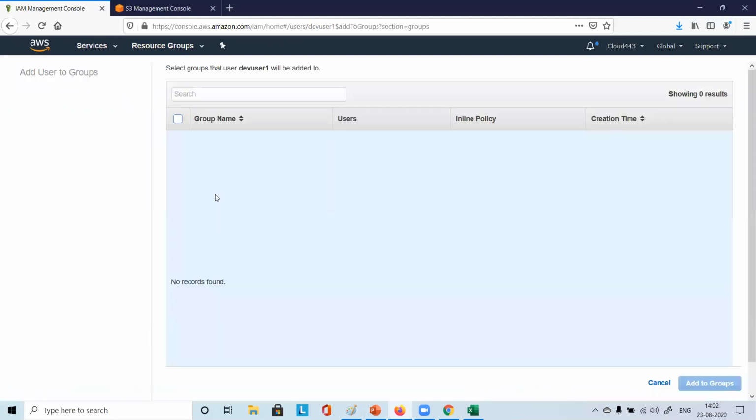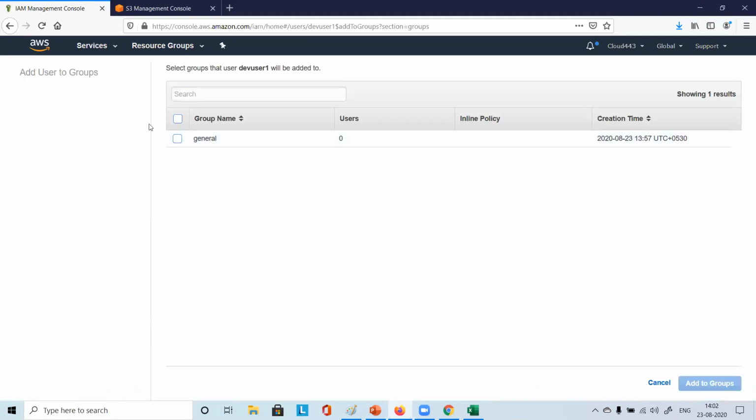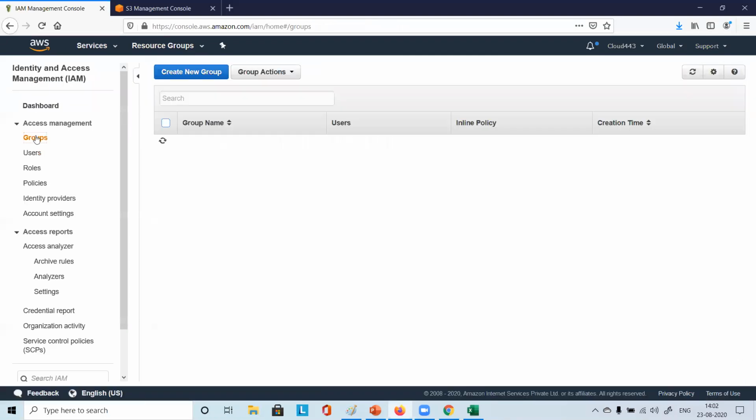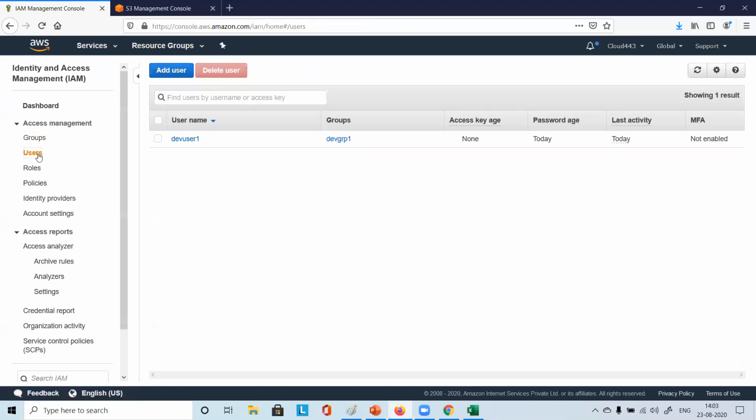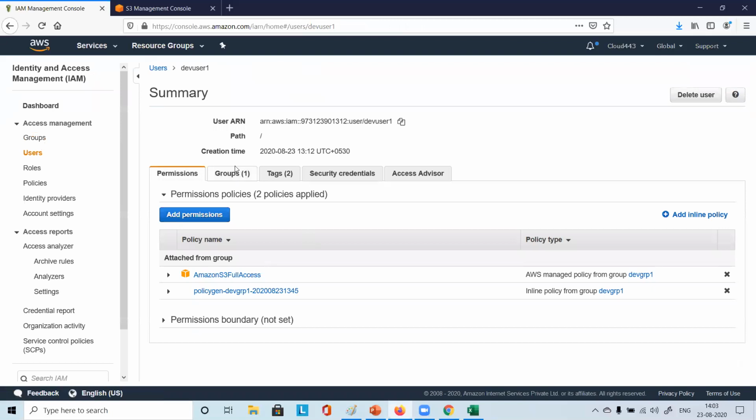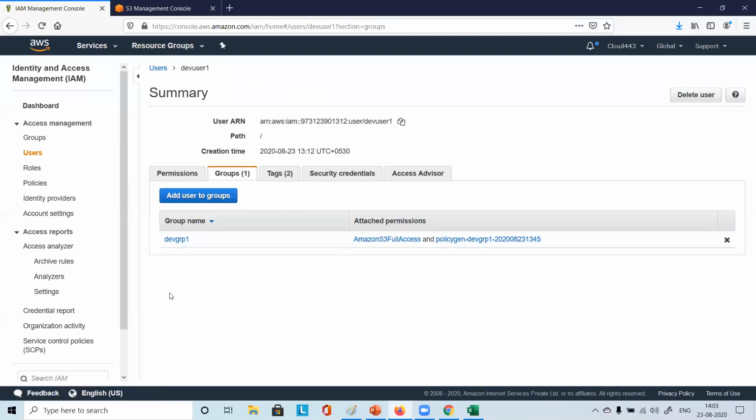So if you just click on this, that user is already part of the dev group. You can click on general and add the user to that group also. So what do you understand here? You have two options. From the group, you can go and add a user to that particular group, when you want to add some user to this group only. In that case, you can choose this option. If you are working on a particular user who has recently joined, and you want to add him to 10 groups, you go through this option, where you come here and add the user to the groups. So you have two options.